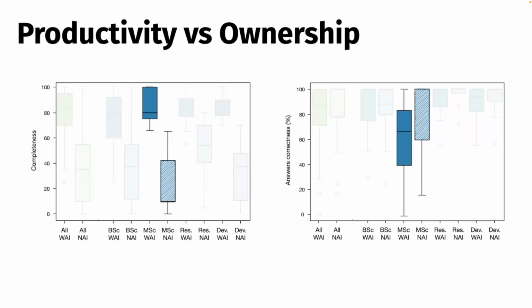And they were also the ones paying the highest cost in terms of code ownership. Because if you see the drop of correct answers that they provided, when they wrote the tests manually, the median was 100%. With the help of the AI, it was around 60%. So they had this huge drop in the median of the correct answers provided. Again, this seems to indicate that the more you benefit from it, the more you pay back in terms of code ownership.